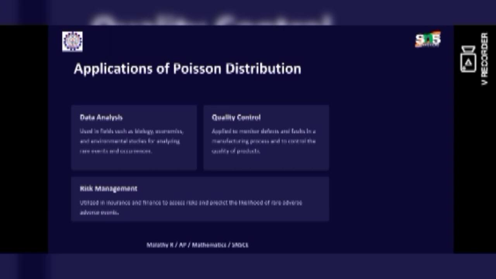In technical terms, in Python we have a package called NumPy. In this we have many functions. We can use mean, variance, Poisson distribution, and binomial distribution. So we have many packages in Python also.